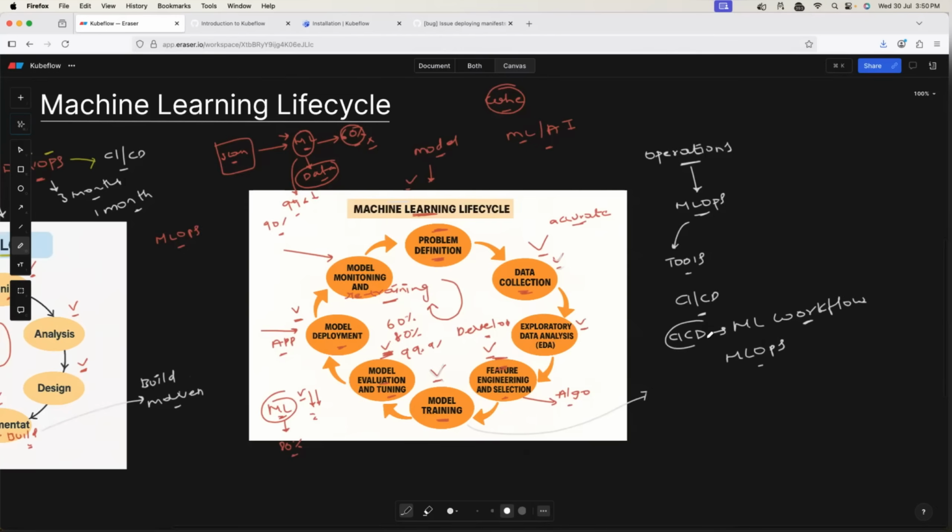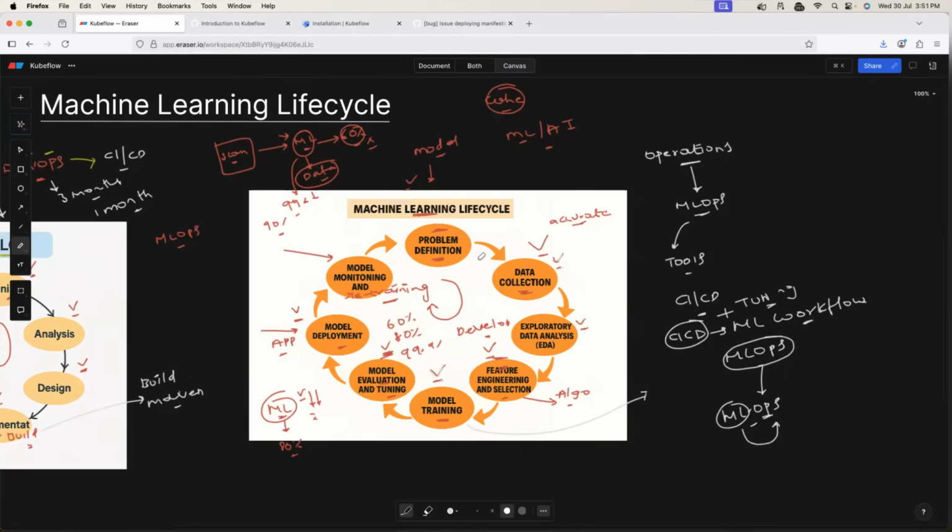Of course, it's beyond CI/CD, just like how DevOps is beyond CI/CD. DevOps is also monitoring. DevOps is also constantly observing the state of the application. Similarly, MLOps is also CI/CD for ML workflows, plus monitoring of the models, plus tuning of the models, everything that is required to reduce the operations effort. Now, what is MLOps? MLOps is machine learning operations. It bridges the gap between machine learning and operations that is involved in the traditional